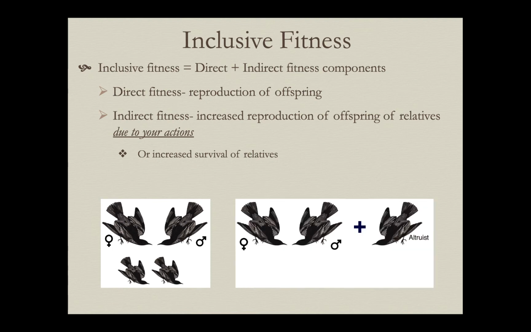But if we have a situation like this where an altruist helps them in their reproductive effort, they can produce maybe 5 offspring. It turns out under certain circumstances, from the altruist point of view, that's actually better for them to raise the young of other individuals if they're closely related, if they can significantly increase their reproductive success. That's actually the better route to maximizing your fitness than breeding yourself.